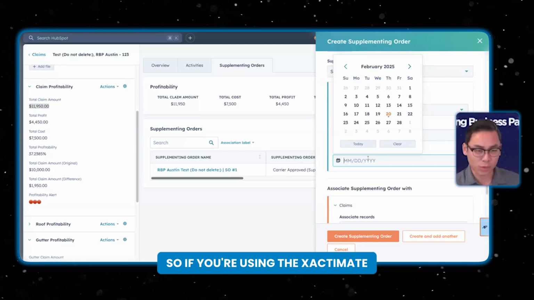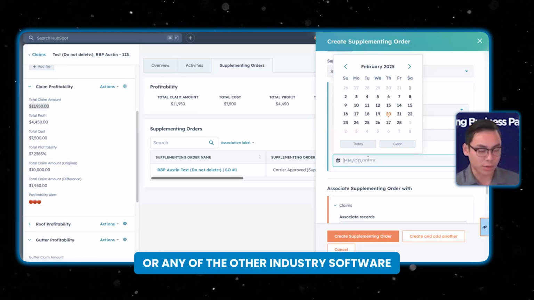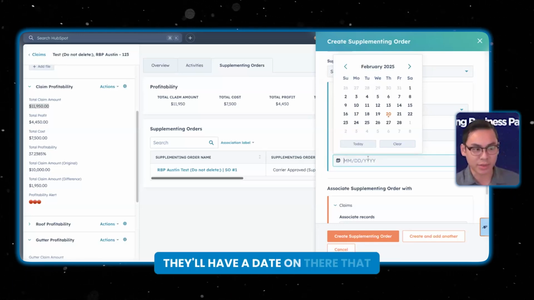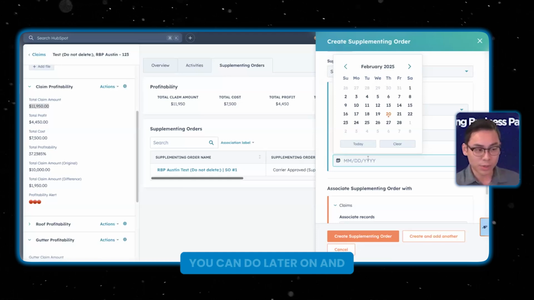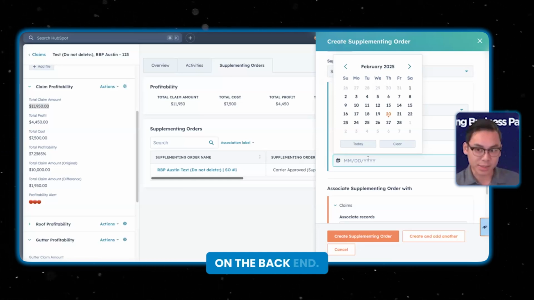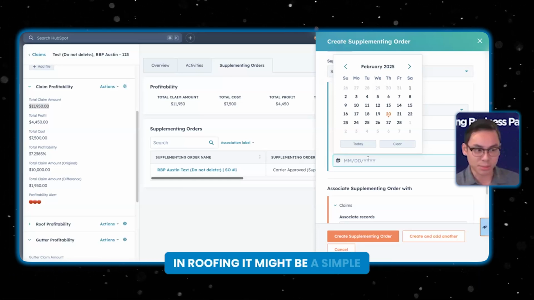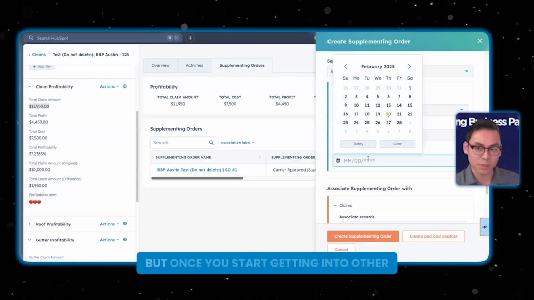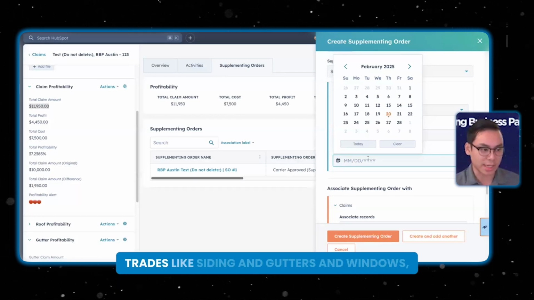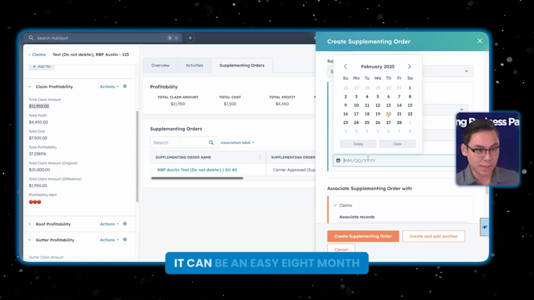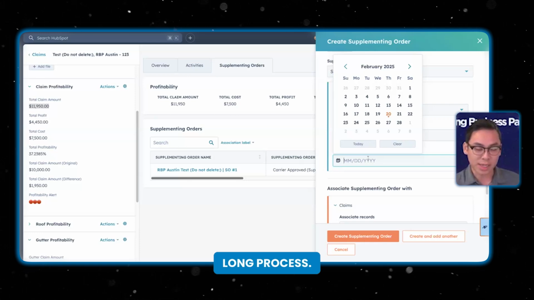So if you're using Xactimate or any other industry software like that, they'll have a date on there that they got their price list from. What you can do later on, on the back end, so in roofing, it might be a simple process where it's only a few months, but once you start getting into other trades like siding and gutters and windows, it can be an easy 8-month long process, and your